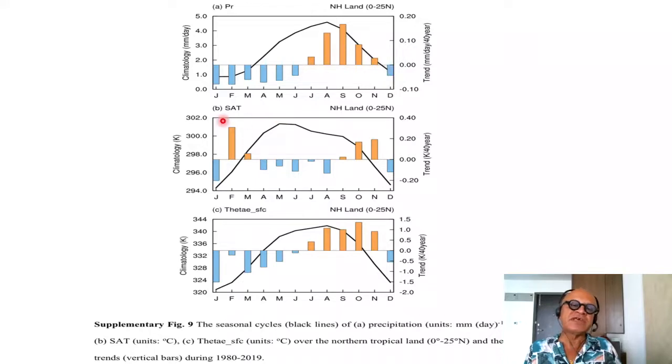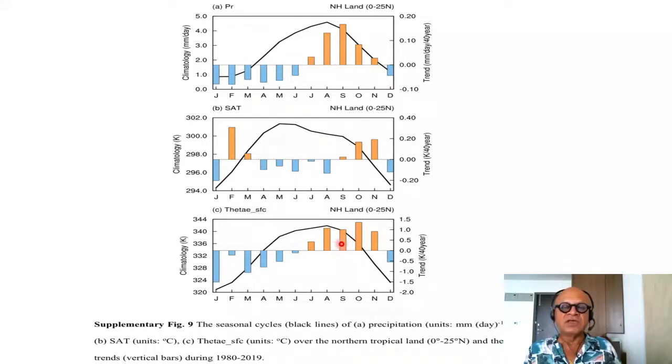But when you look at surface air temperature, climatology is obviously clear. Spring and summer months are warm, winters are cooler. But if you look at the trends, there is a cooling in the boreal summer months, which is approximately consistent with increased temperature, increased precipitation, and the downdrafts affecting the temperatures in terms of trends, although it starts earlier than the rainfall ramp up. But when you look at equivalent surface potential temperature, you can see a dramatically different trend,